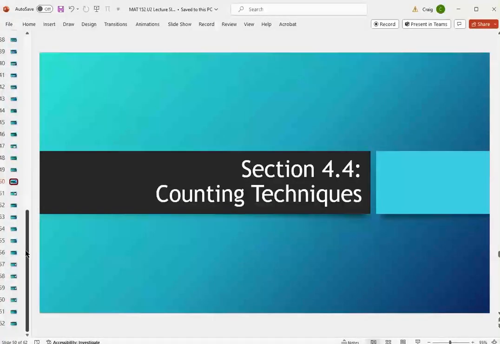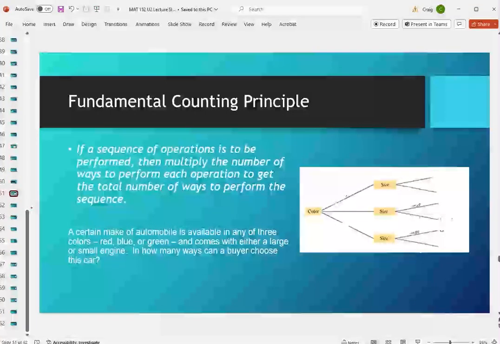All right, everyone, as promised in the last section, in this section we're going to talk about counting. But particularly, we're going to talk about how to count different outcomes in different situations, depending on what you're trying to learn about and depending on the situation that you have. So we'll talk about these as we go along. The first way to count different outcomes, particularly for things like independent events,